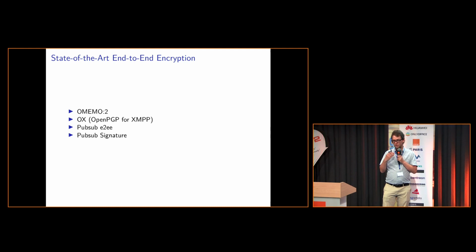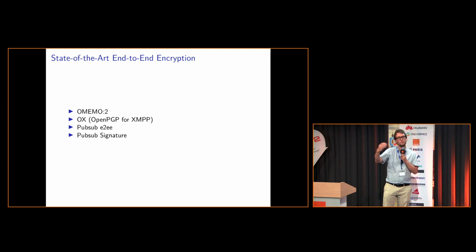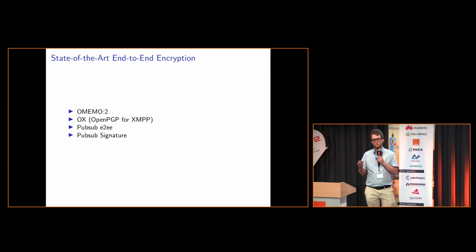To give you a simple example, imagine you are in a company and you have a new hire. With OMEMO, the newcomer won't have access to the history of the messages of the company, but you may want them to have access to the full archive. In this case, OpenPGP gives you access to the full archive. Actually, in OMEMO, it's a security feature, but in some cases, you may want to have access to the history of a message or anything else.